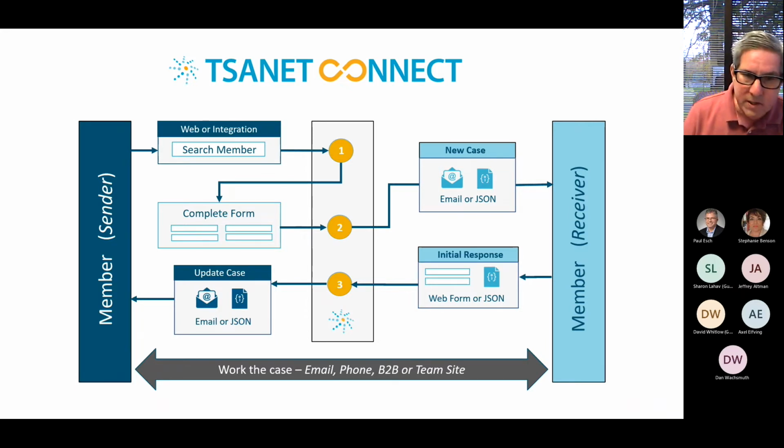this is how I want to collaborate with you. Once that's done, TSANet's going to collect some very basic information and give you some metrics, the idea that yes, there was a call placed. But if you're receiving that call, you're going back and telling that member company, okay, this is how I'm going to collaborate. We're going to do it by phone call, or by email, or here's a B2B portal that I want you to come into. And then you're going to track that within your own CRM system using your own business processes. You're not going to go back to TSANet to close a ticket, anything like that.